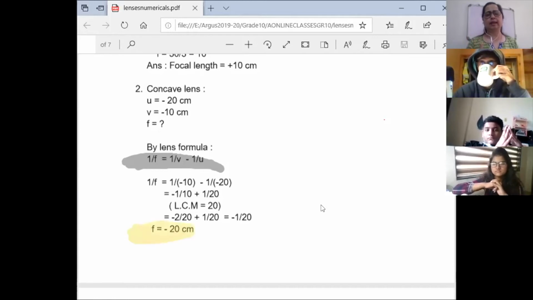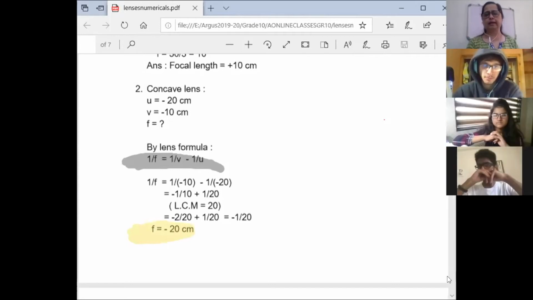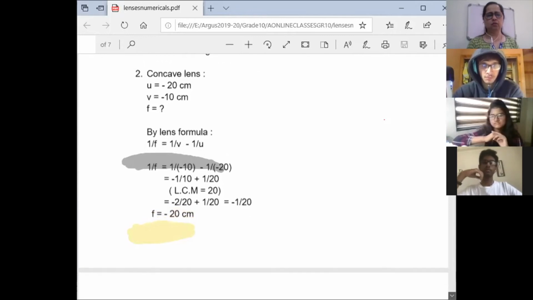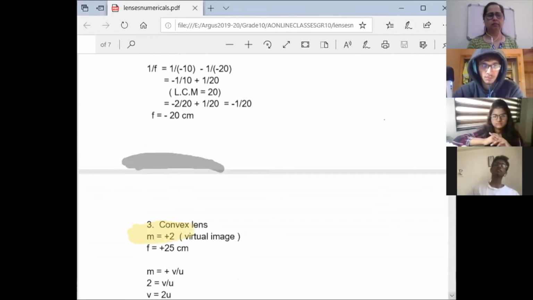If it is a convex lens, then we have to see. Doubts? Come on, ask. For the second one, after you did the formula, you got the answer is minus 1 upon 20, right? So we use reciprocal. Yes, Aditya, 1 upon f equal to -1 upon 20. So f will be the reciprocal. Understood? Good, good. Ask out so I know that you are following. Okay, fine. Now let's go to the next one. Third one.